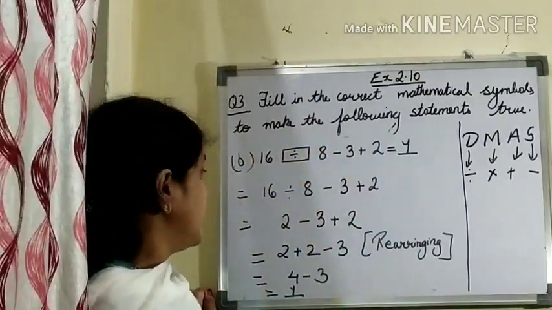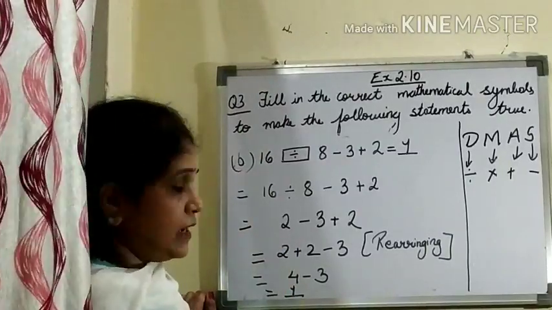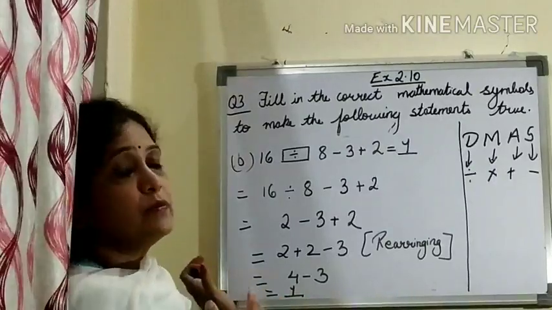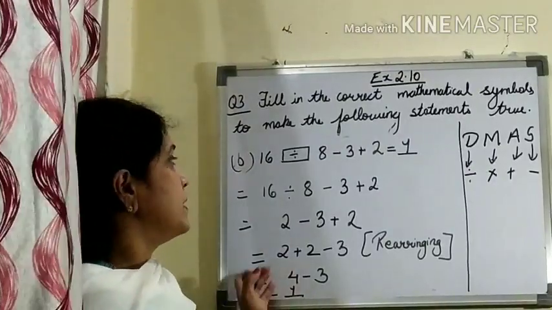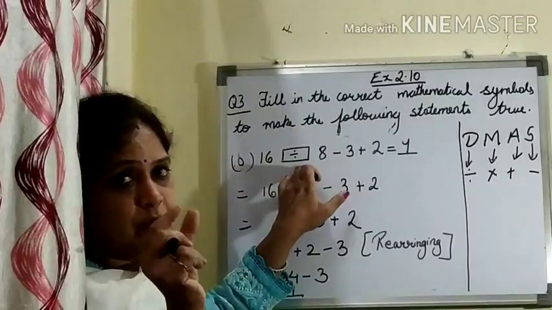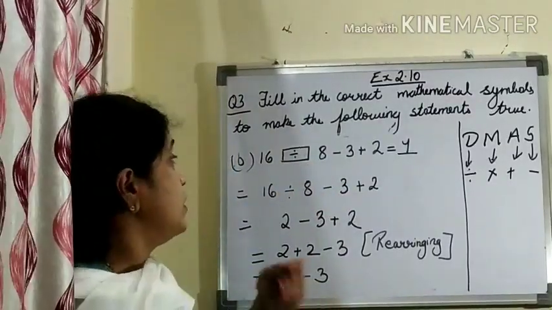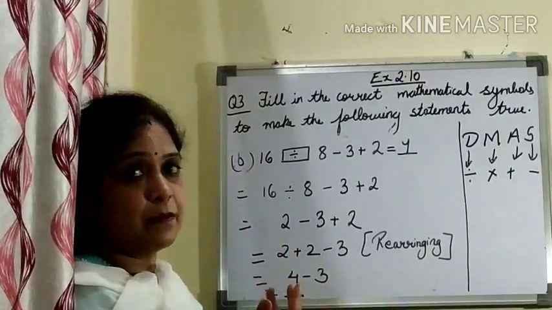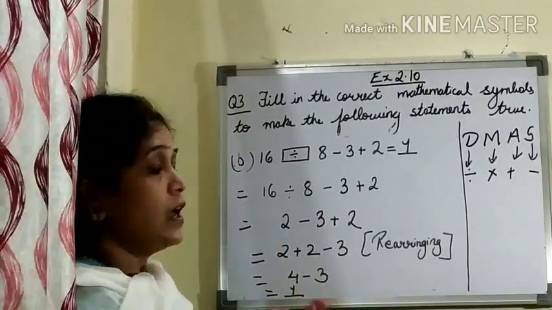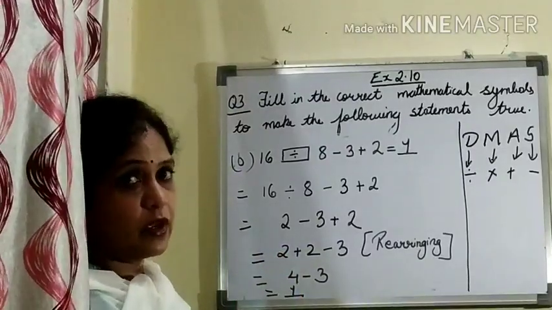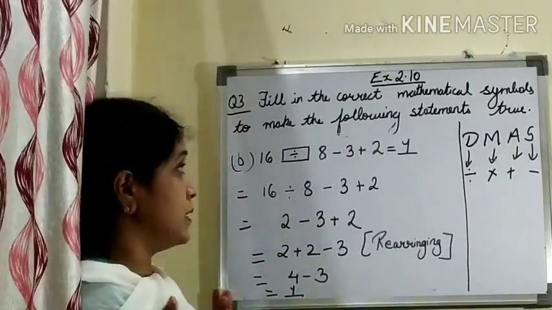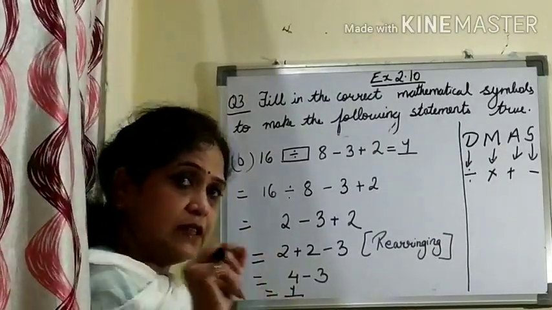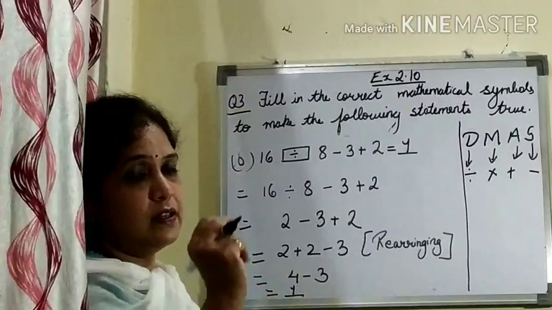In your copy, you do it the way I am telling you, that means you show how the symbol comes. If this question comes as fill in the blanks, then don't show the method, directly fill in the symbol. But when you are doing this question in your copy, solve it and show how it comes and which symbol is most accurate. That way your concept of the DMAS rule will be clear, and if it comes in the exam as fill in the blanks, you only have to fill in the symbol.